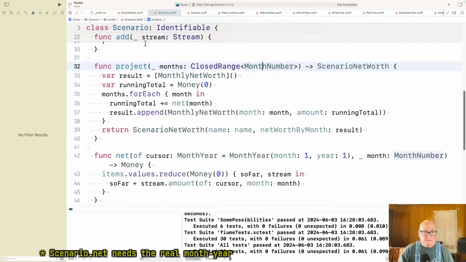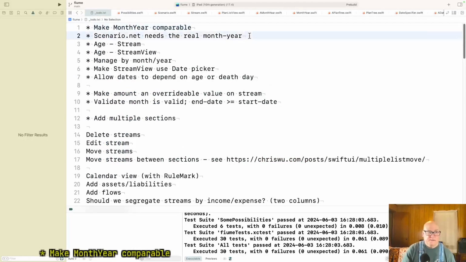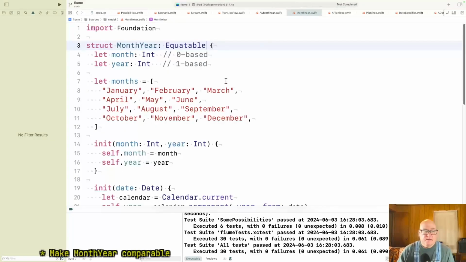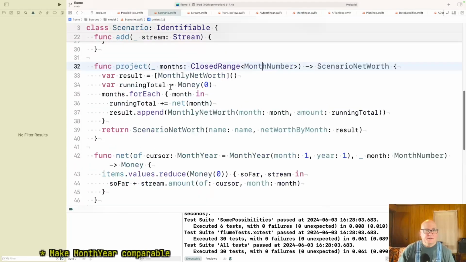And scenario dot project needs range over month year. Okay, is that? Oh, and we are comparable. Okay. Then we got a minute to do it, but we'll do it.